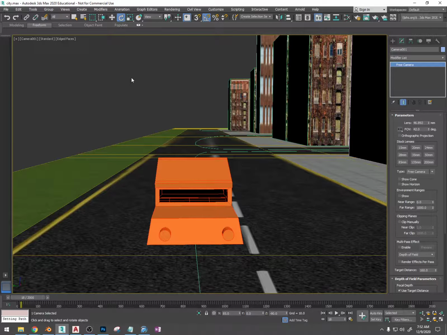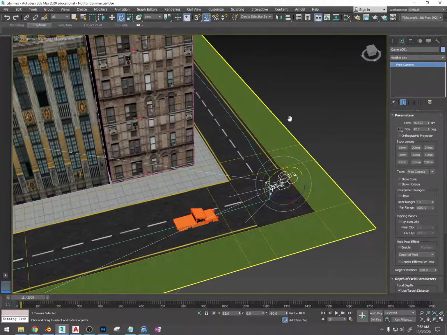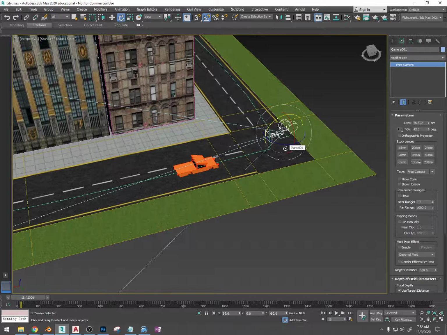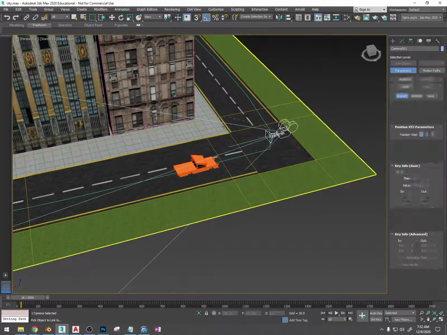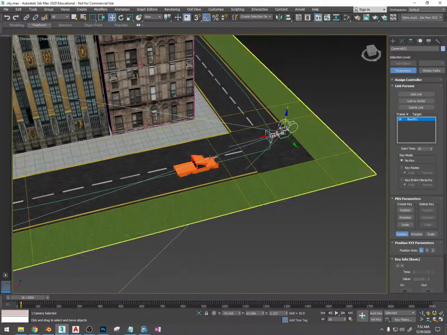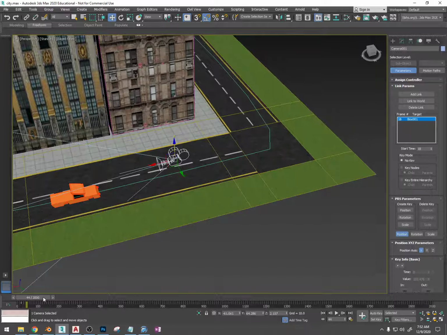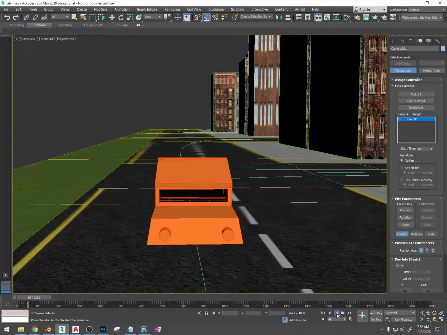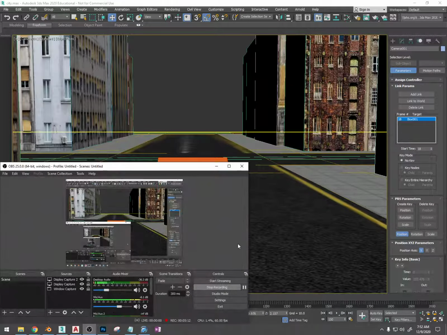Now I have the camera selected. I'll press P to get out of camera view, or T, or L, or B, or U, anything to get out of camera view. And now I want to make sure the camera is selected. It is. And I'm going to click on Animation, Constraint, and I'm going to choose Link Constraint. And then I'm just going to click on the car. Now wherever the car goes, the camera goes. So there it goes. So if I press C to go into the camera view and I press play, I am now behind the car. So that is the animation, or that's the video on how to